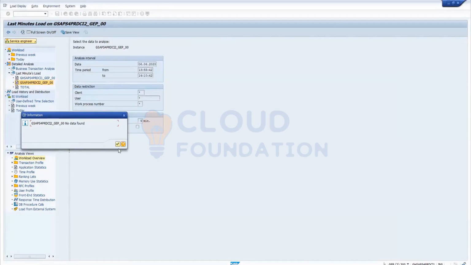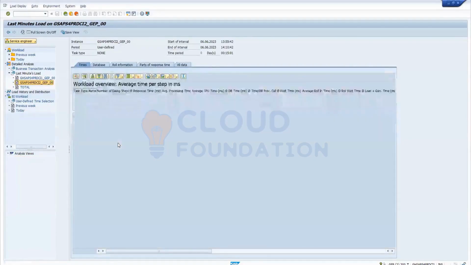You are not able to see. You can go to Today Load, under the Workload section, on the first step. Workload, go upside.